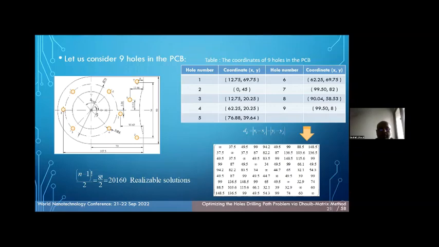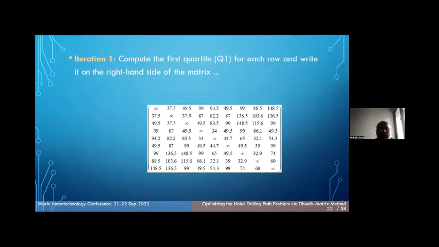How can we solve that? Let's start with the Dhouib-Matrix TSP1. The first iteration is to compute the first quartile for each row. This method is very flexible. You can use sum, mean, or any descriptive statistical metric. Today I will use the first quartile as a metric. So we compute the first quartile for each row, then select the smallest one, which indicates row